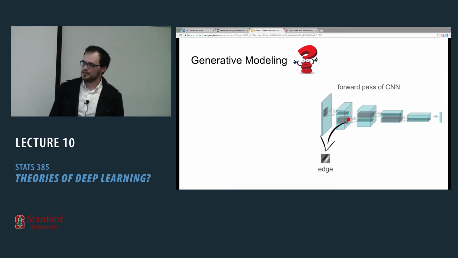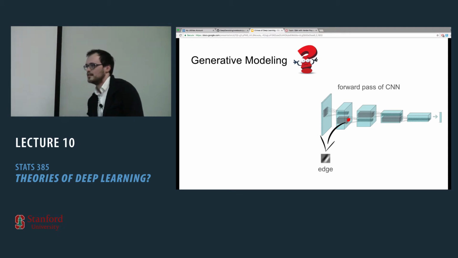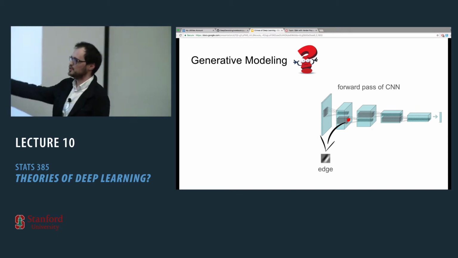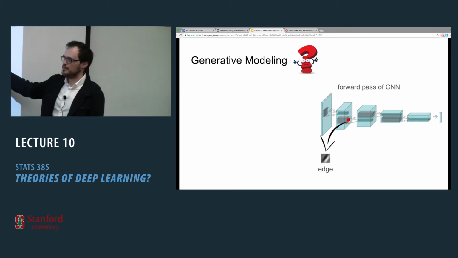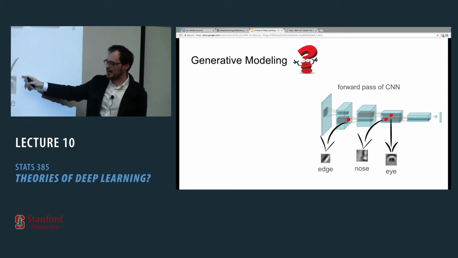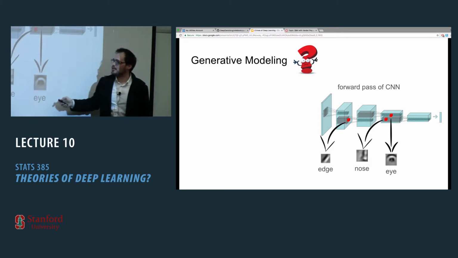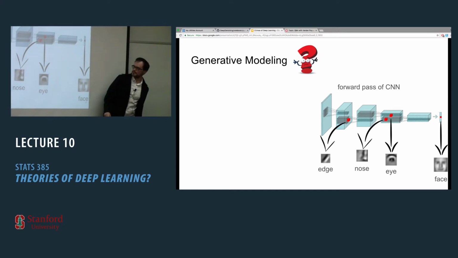Then you take the resulting three-dimensional volume and you convolve it with another set of filters to create another three-dimensional thing. And you apply ReLU and you convolve again, etc. And the main idea is that the neurons here would correspond to, let's say, eyes or noses. And if you go deeper, you would obtain neurons that correspond to faces.